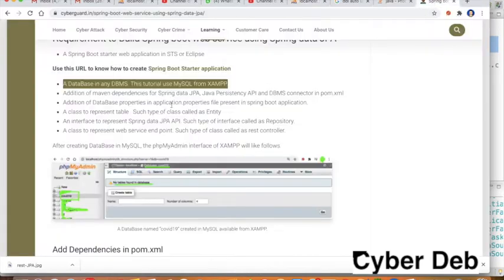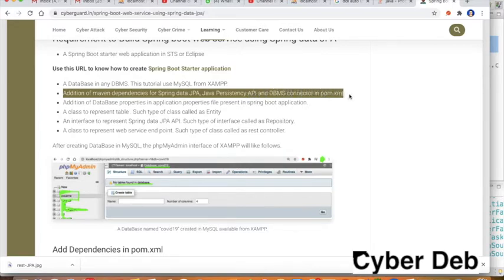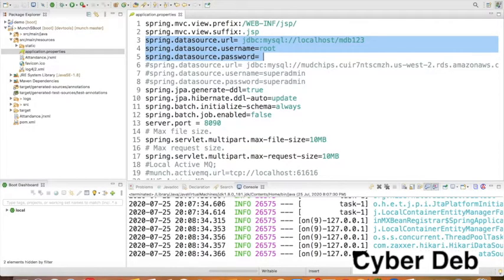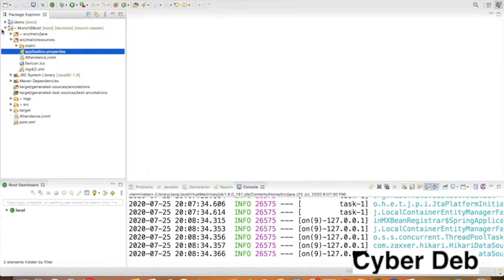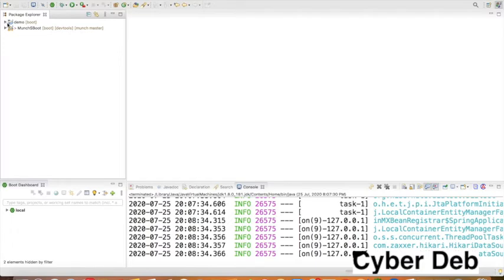Going to the next thing, what is the requirement? We need the dependencies for JPA, the persistence API, and for the DBMS connection. Thus we are going to change the pom.xml, whatever pom.xml we have got. So let us go to STS. One thing I need to tell you right now is that the STS doesn't have the project which I had created for the blog.